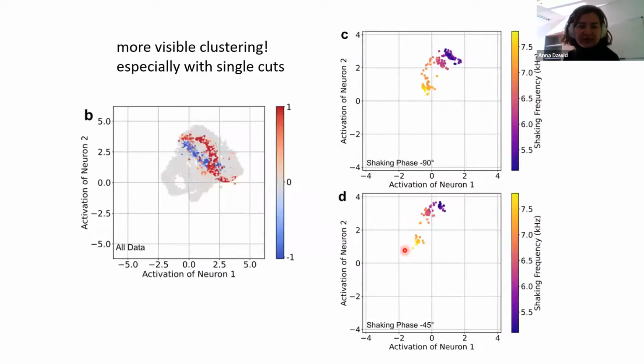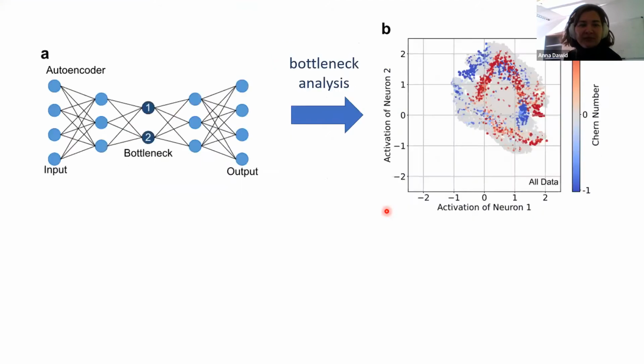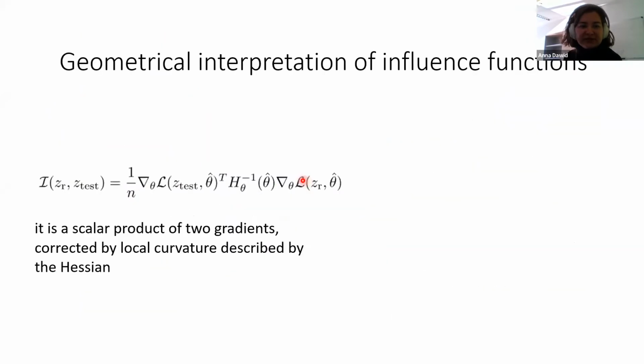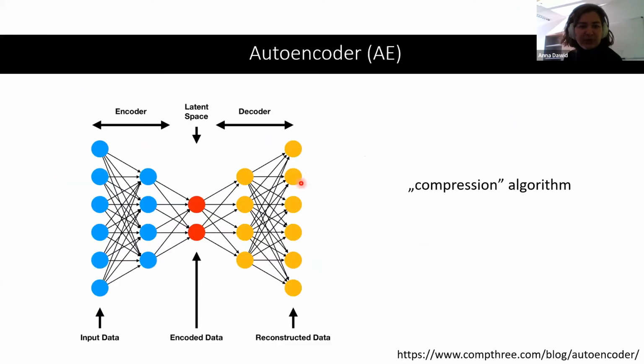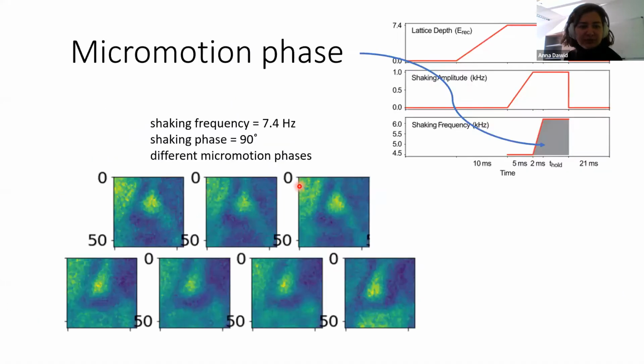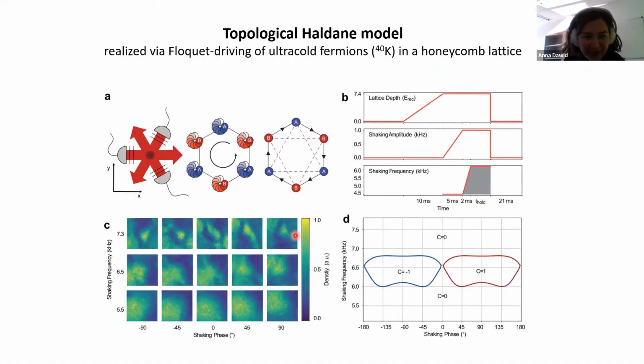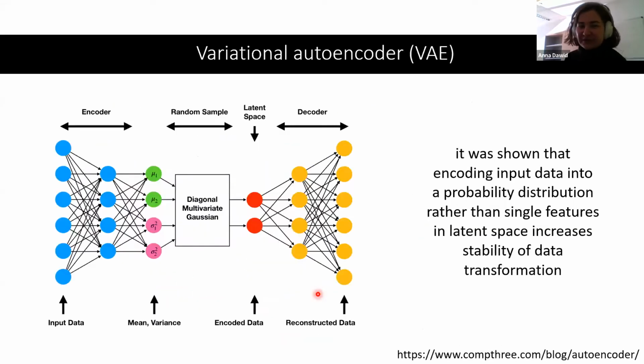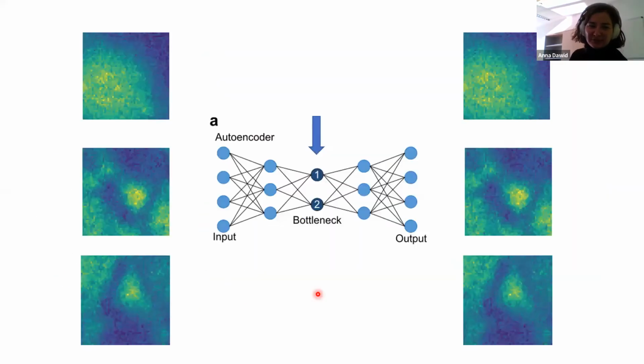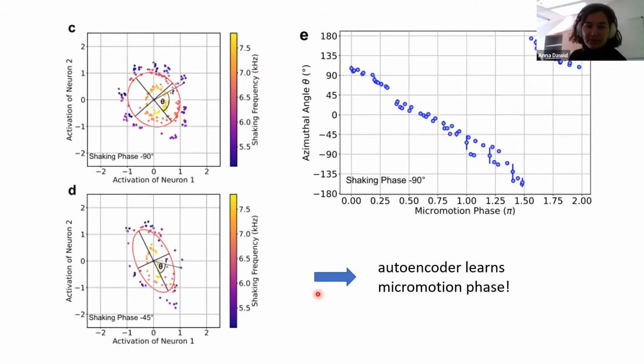But as you can see from the time of flight images, this is the high frequency regime. So it's when you really shake your data pretty hardly. And these time of flight images are super different from these ones, even though it's the same phase topologically, right? So it would be very tricky for the machine to tell you that it's the same phase. So this is one of the limitations of such approaches, especially when it comes to topological models.